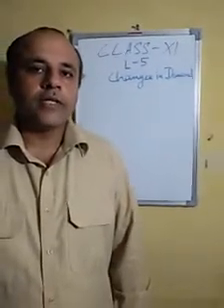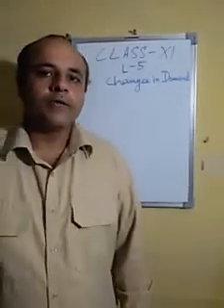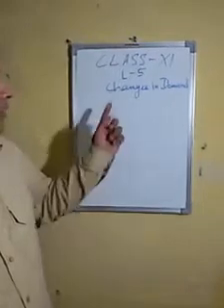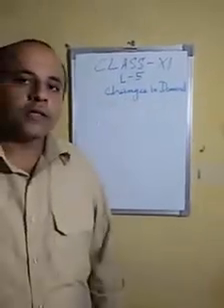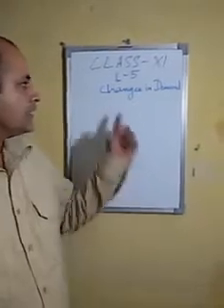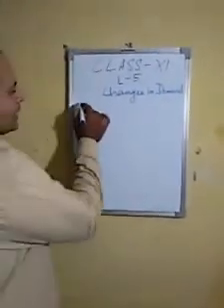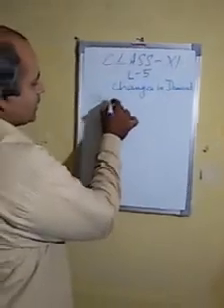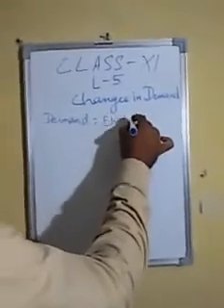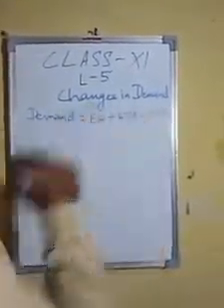Today we are continuing the 5th chapter of class 11th economics. The name of the chapter is Theory of Demand. As you are seeing on my whiteboard, I have already mentioned the topic that I will discuss in this class. The name of the topic is Change in Demand. As we have discussed already, demand is equal to effective wants plus willingness to buy plus ability to pay.